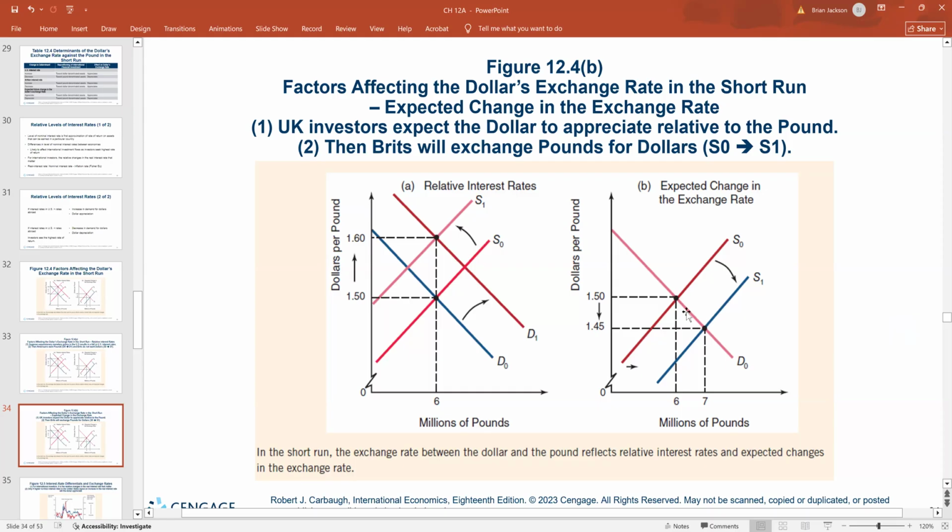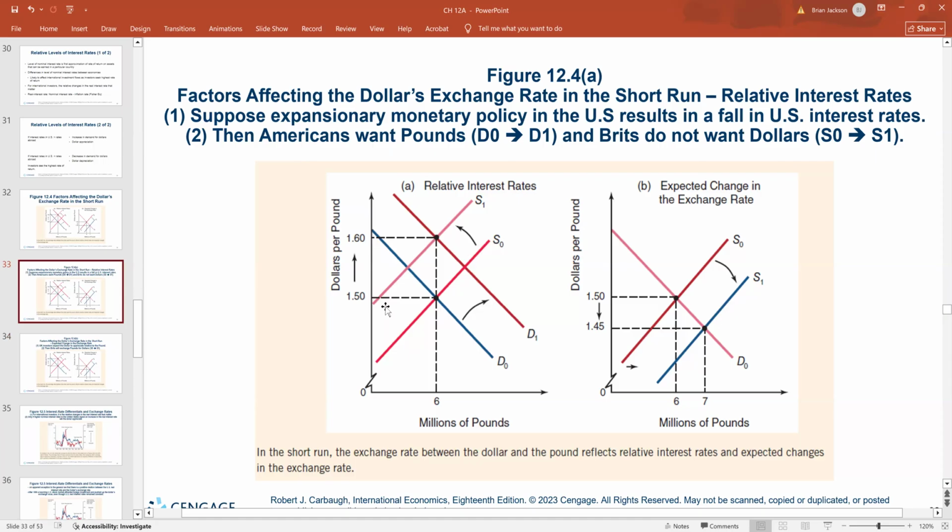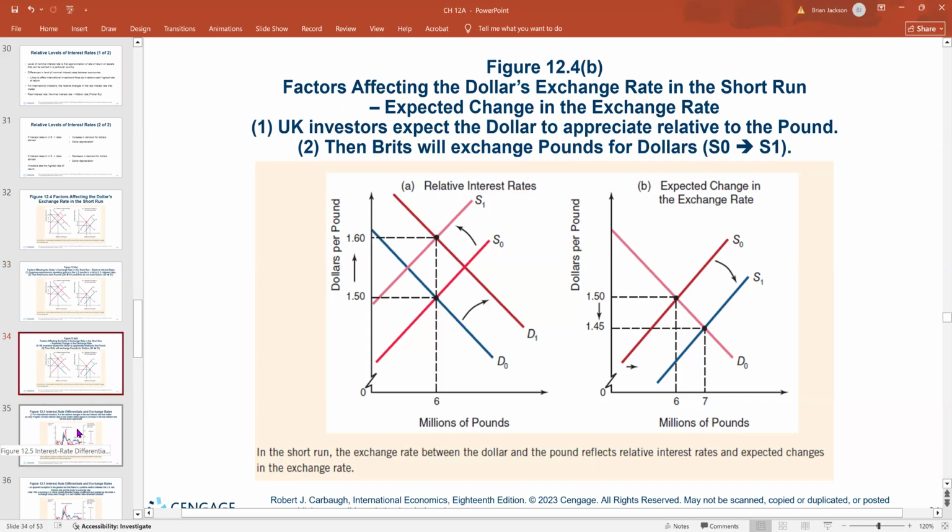So as far as the market for pounds goes, it'll take fewer dollars to buy a pound after the rightward shift in supply, after the increase in supply. So the pound has depreciated, the dollar has appreciated. At any rate, these are things that you should know at the intuitive level, that are pictured in these diagrams. That's a neat thing about economics in general, that we can picture what's going on in diagrams like this, in the very simple supply